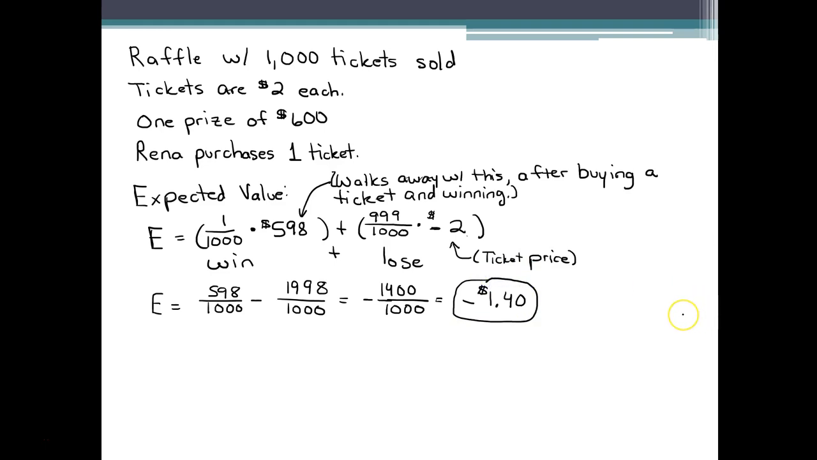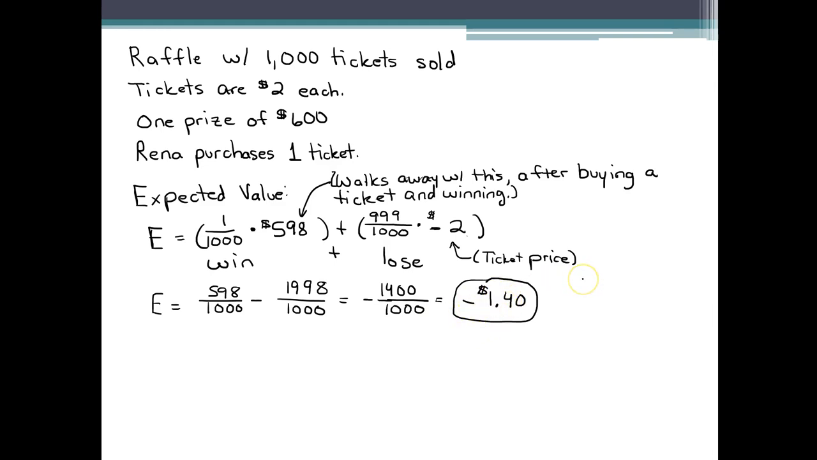But still, not a great game for her to play. If she bought all 1,000 tickets, she'd be spending $2,000 on tickets and only walking away with $600 in winnings. So she'd be out $1,400 in the long run. So overall, on average, if you play this raffle a ton of times, you're going to lose $1.40